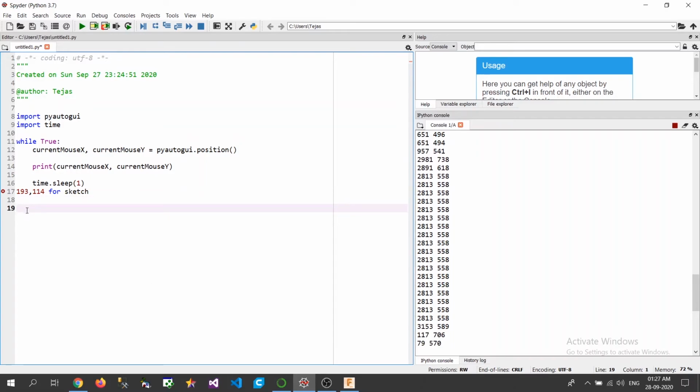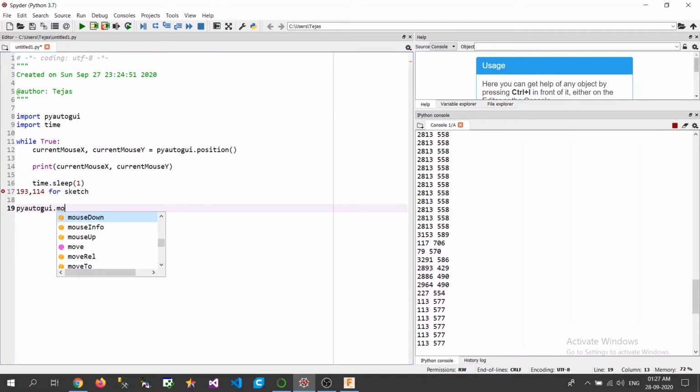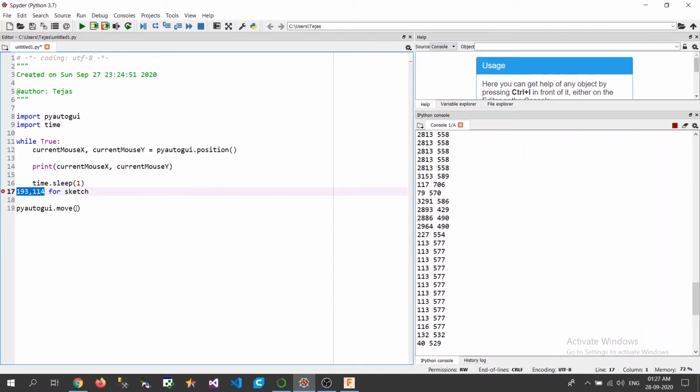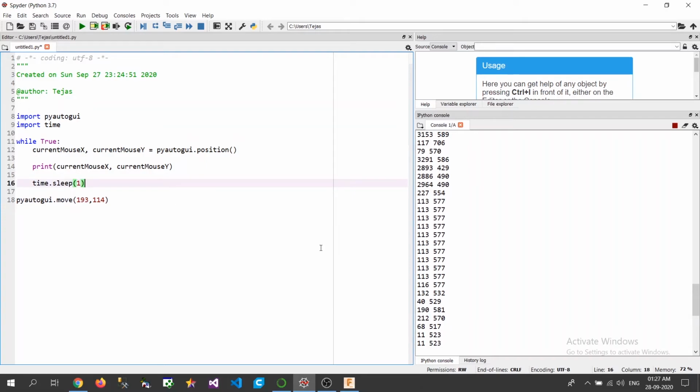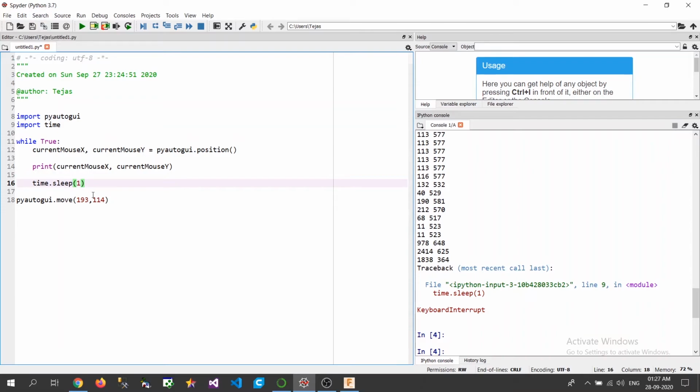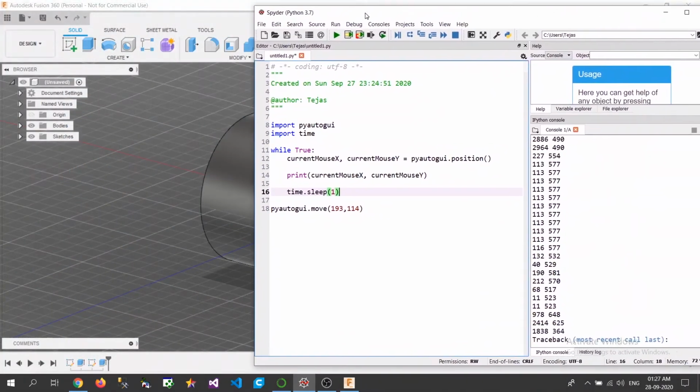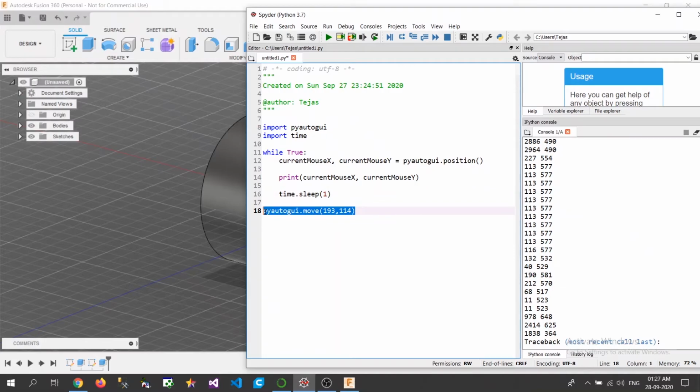So here first we'll go towards the next function, that is moving the mouse. So to move the mouse we need to go with pyautoGUI dot move, and here we need this XY coordinates. So if we'll put it here, and if we'll stop this here, we'll stop this kernel here. Now if we keep everything this side, and if we try to run this cell, then